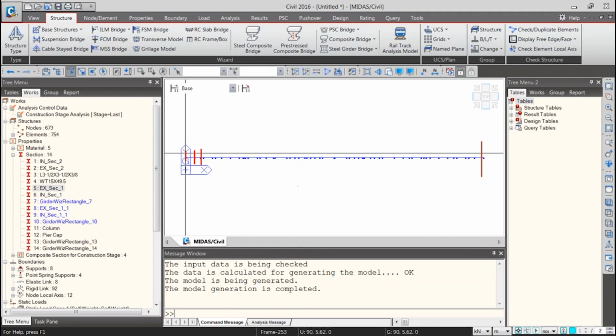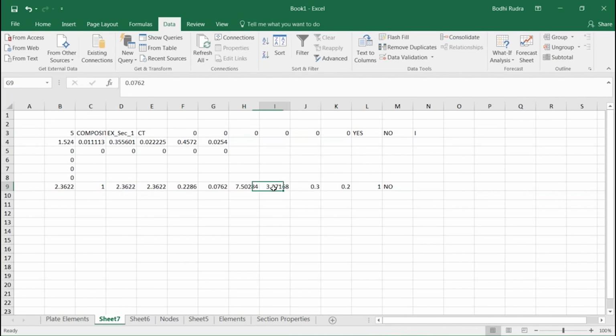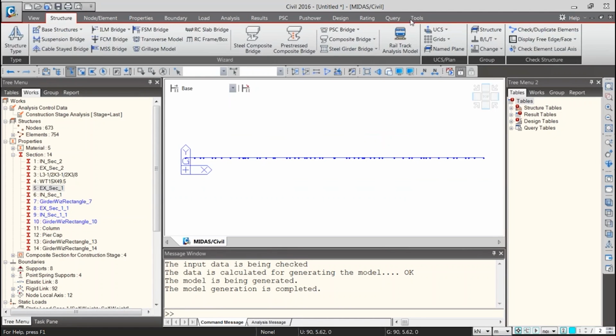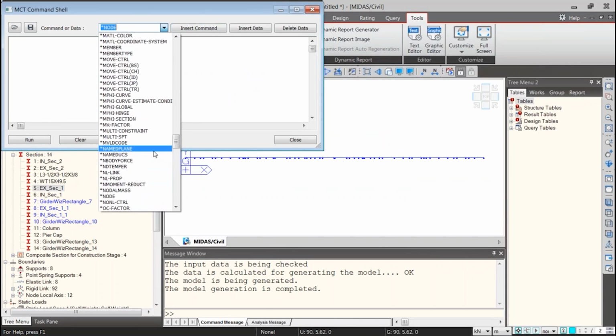In order to do that, how you can modify all these things is simply you have to modify these inputs that are here. This is the slab input, this is the slab thickness input, and this is the girder to girder, center to center distance of the girder. All this information you can always find from tools, MCT command shell, from section, as I just showed you before.